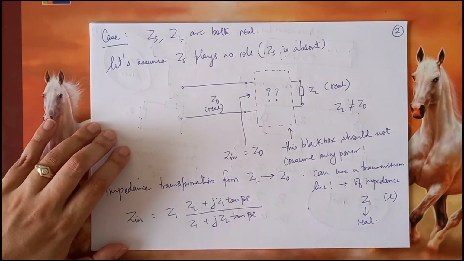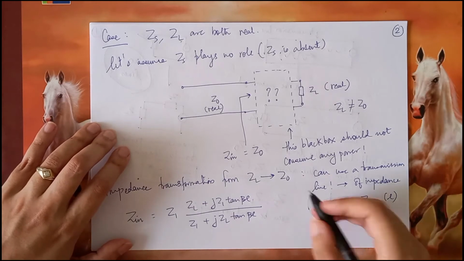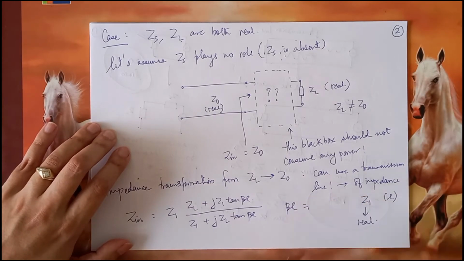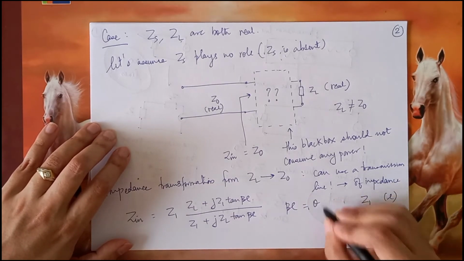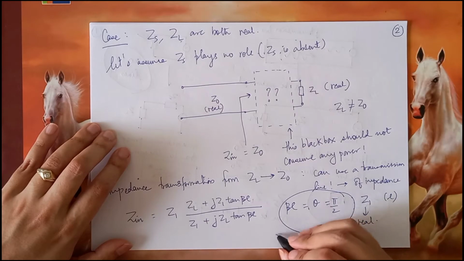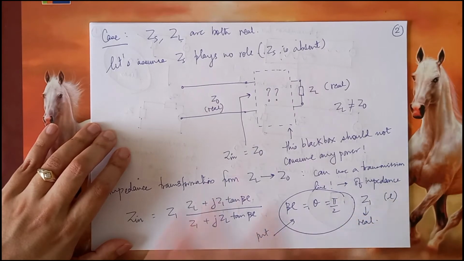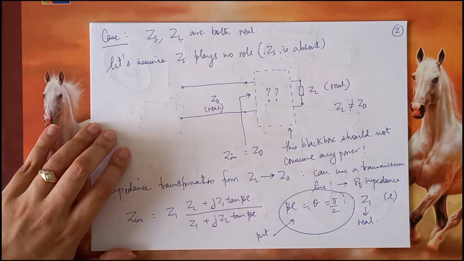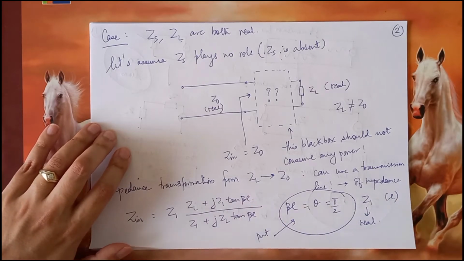That would mean there is no transmission line. So therefore, let us put this beta L, which is also the electrical length, theta, as pi by 2. Suppose we put this condition. Then in that case, how does